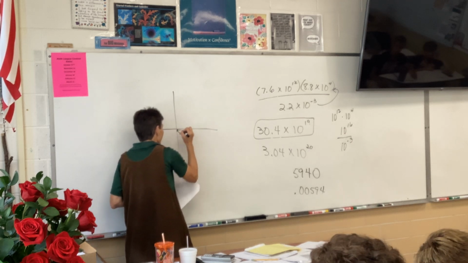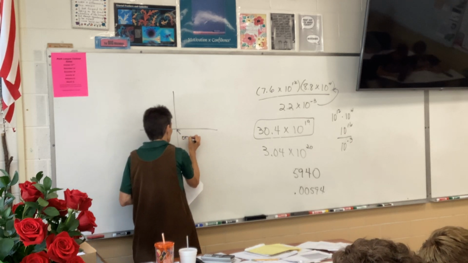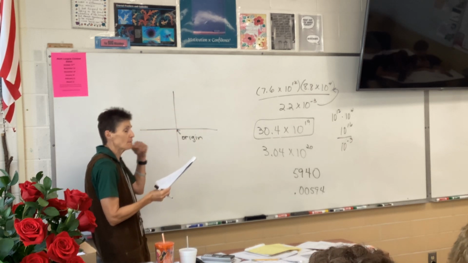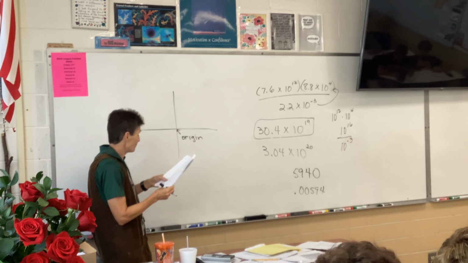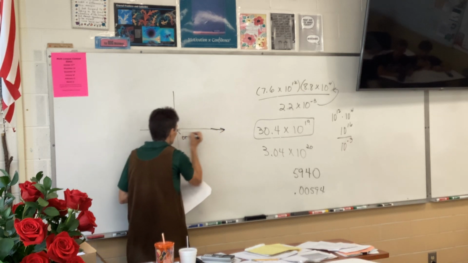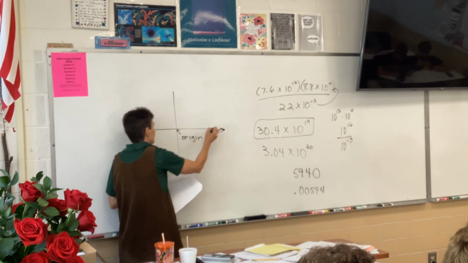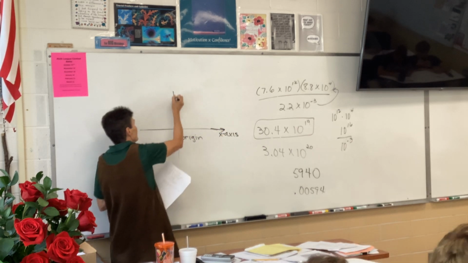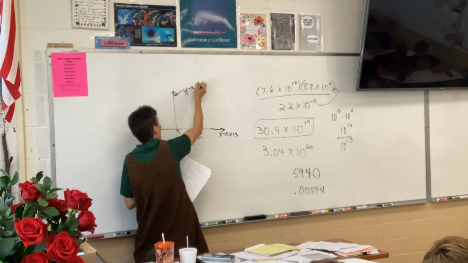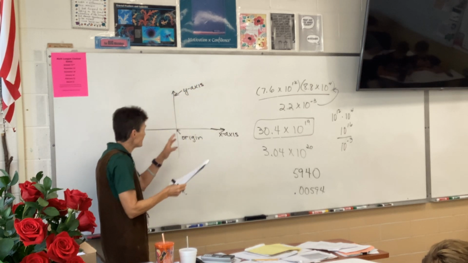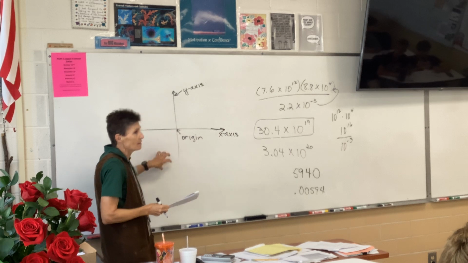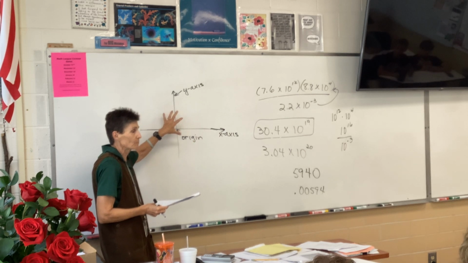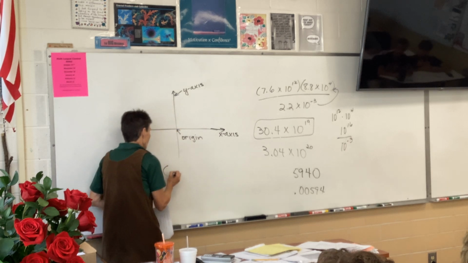What do we call this point right here? Call it the origin. At least for now. Later on, we're going to move to a different coordinate system and we'll have a different name for it. What do we call this right here? X-axis. I think somebody said Y. This is the X-axis. And this one is the Y-axis. Perfect. These four sections of the Cartesian coordinate plane, and that's what this is called, the Cartesian coordinate plane,